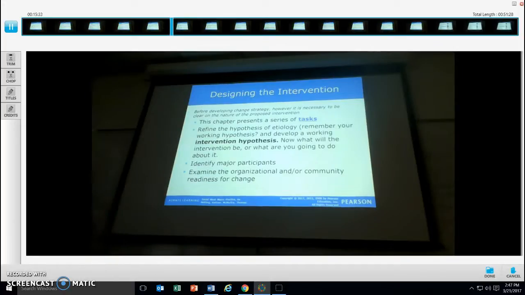And then you'll go into this planning. So this particular chapter talks about designing the intervention. So they go ahead and get into, okay, how would we